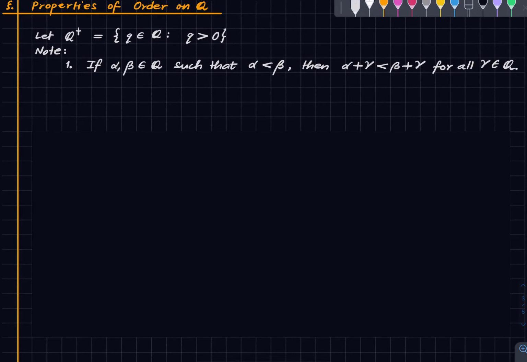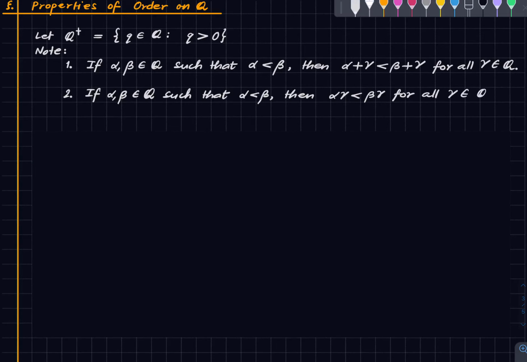And second property is that if alpha and beta are rationals such that alpha is less than beta, then alpha gamma is less than beta gamma for all